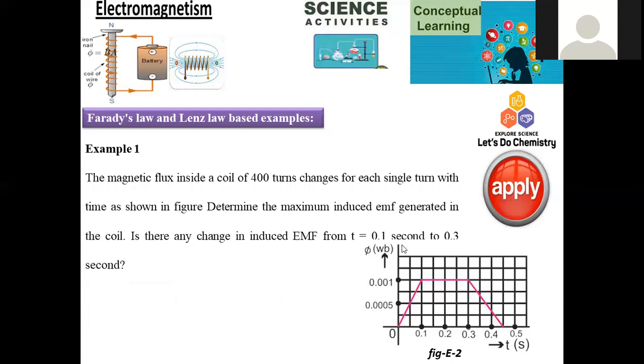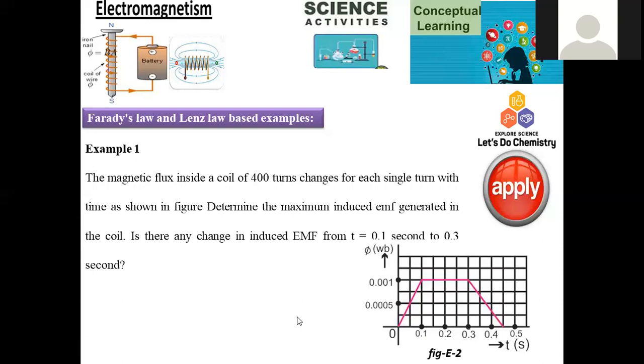That will be the conclusion with respect to this one. So what they are asking for is time 0.1 to 0.3. What will be the change in induced EMF? From 0.1 to 0.3, we can clearly notice that the line is parallel and we can't attempt any kind of variation in the EMF because